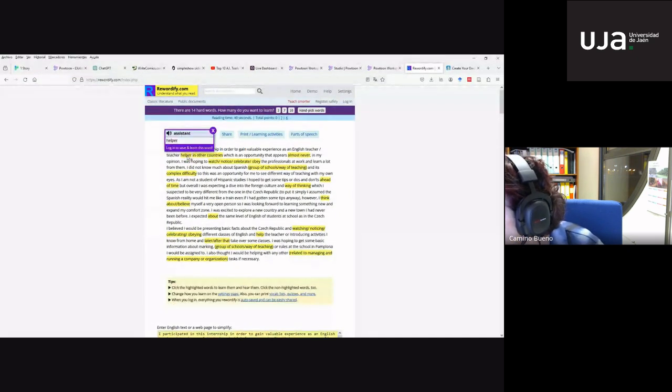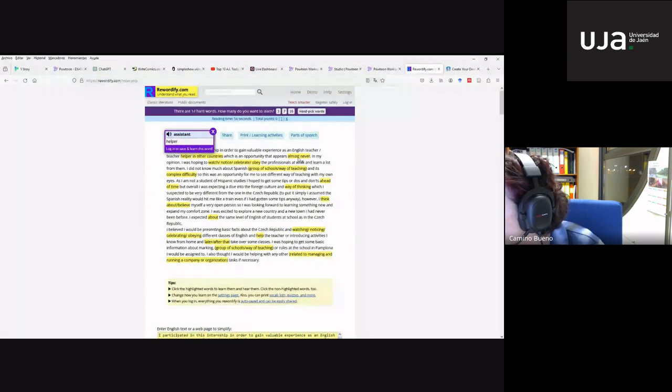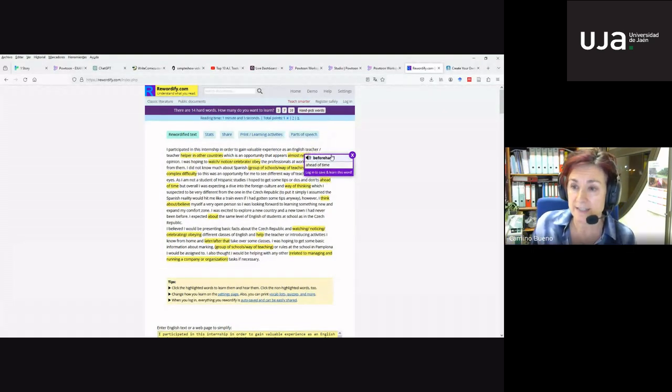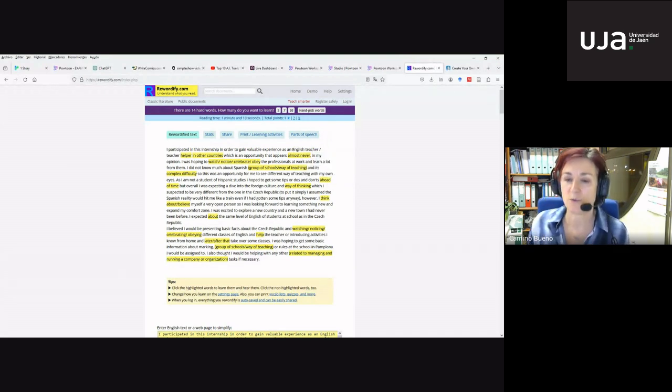It transforms the words into simpler words. So here you have very seldom instead of almost never, ahead, you have beforehand. So you have synonyms and the pronunciation of the word. And I think that's quite useful. Okay, so as I said, I will send the presentation so you can have a look at the other things I prepared. And in case you want to use them, they're quite easy. They're quite intuitive, most of them.